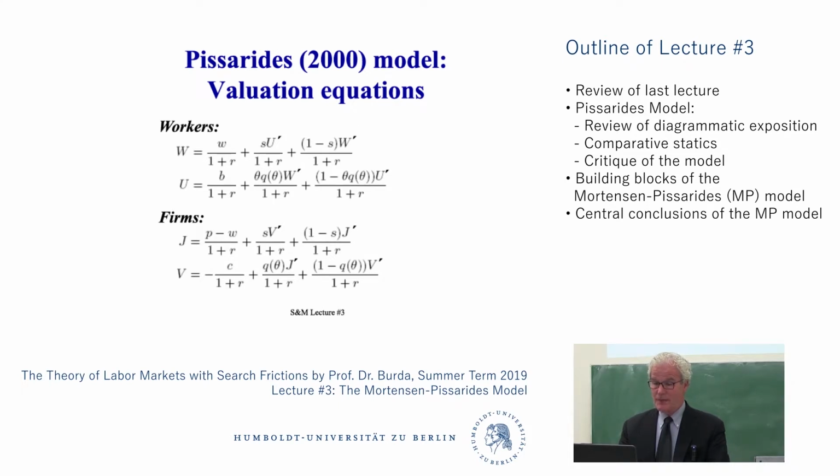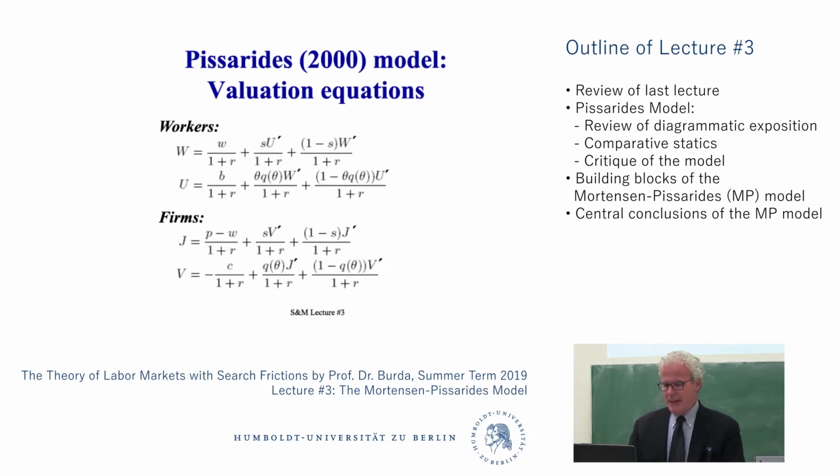So here are the valuation equations. This is a discrete time model. Keep that in mind. We will launch into the Morton and Pissarides model, which is a continuous time model. Okay, it's not a real big jump to make if you understand what's going on. So here, implicitly, there's a discrete period. The wages are paid at the end of the period. The benefit is paid at the end of the period. The firm's profits are realized at the end of the period, and you discount using the interest rate R. And it's a financial system that is frictionless. Okay, so you use this discount rate to value these assets implicitly.